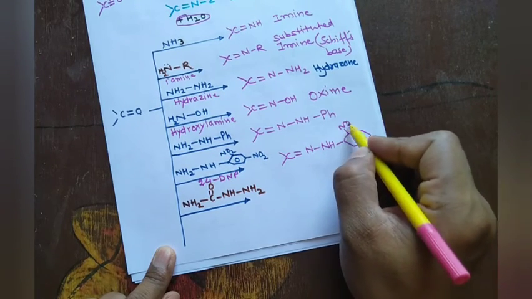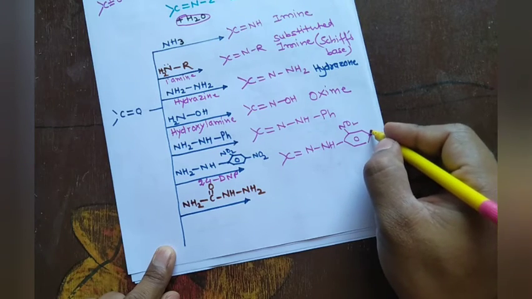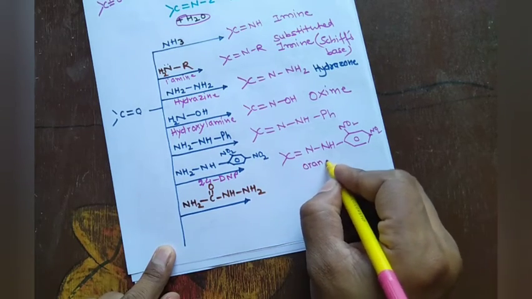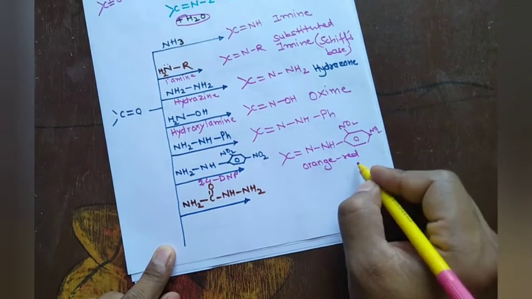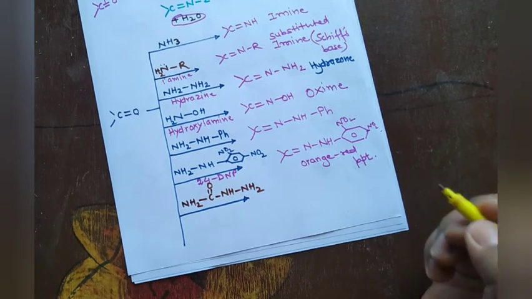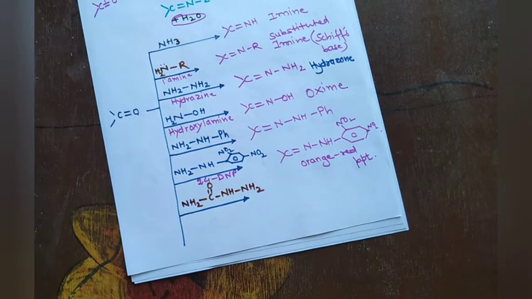But the product is a bright orange red precipitate. So this is used in the qualitative analysis of carbonyl compounds. It means that if you have, suppose, ethanal and ethanoic acid, you can distinguish them by adding 2,4-DNP. With the carbonyl compound, 2,4-DNP forms orange red precipitate, whereas ethanoic acid does not. It's a characteristic color test.